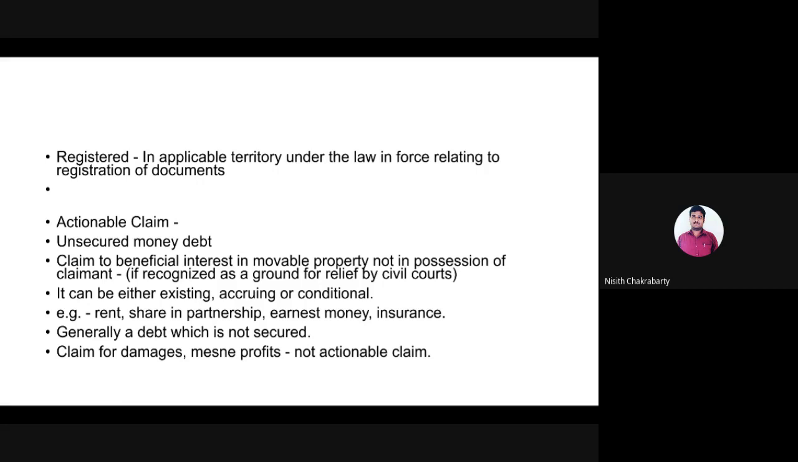Mean profits, what is mean profits? They are not actionable claims. The cow example that I gave you, if you consider that